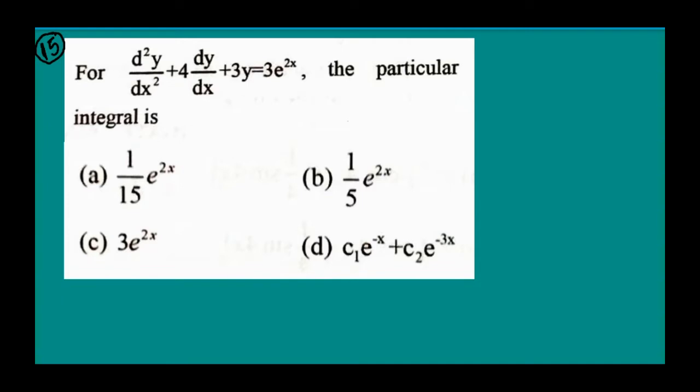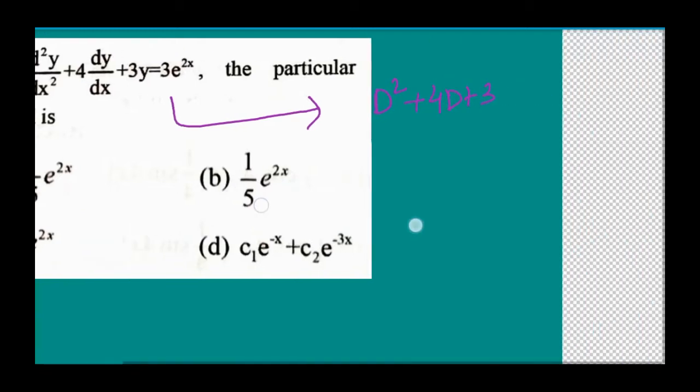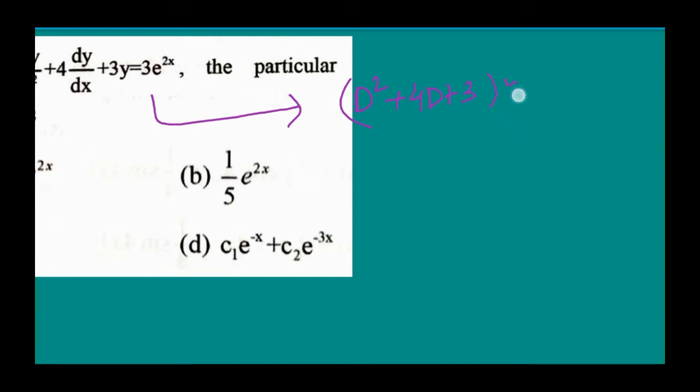So here the given equation can be written as (D square plus 4D plus 3) of y is equal to 3 e to the power 2x, and here the function of D is D square plus 4D plus 3,